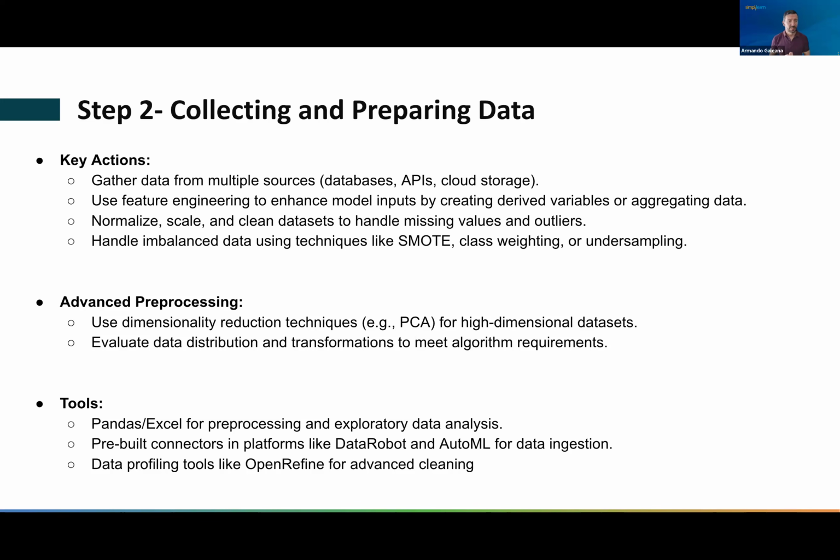Then another important part is the pre-processing and cleaning. Remember that the algorithms that will extract the model must have data in a very specific format. For example, if you have missing values, you will get errors, okay?